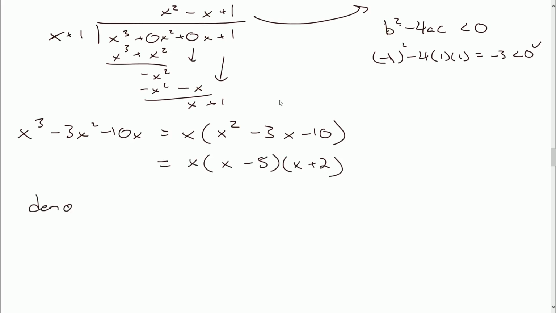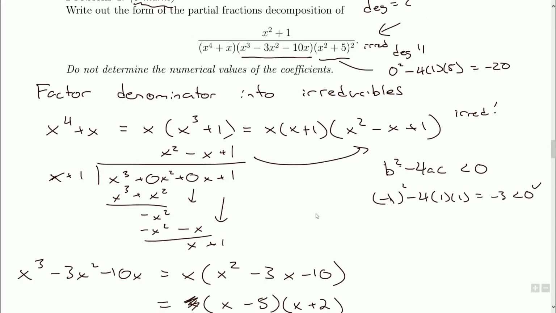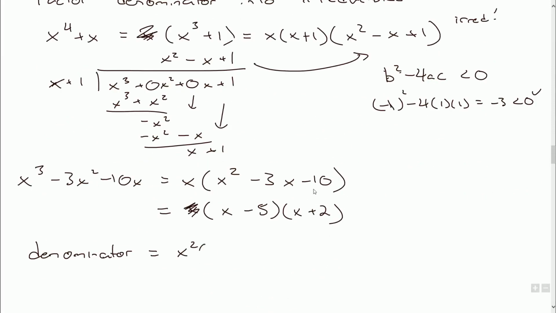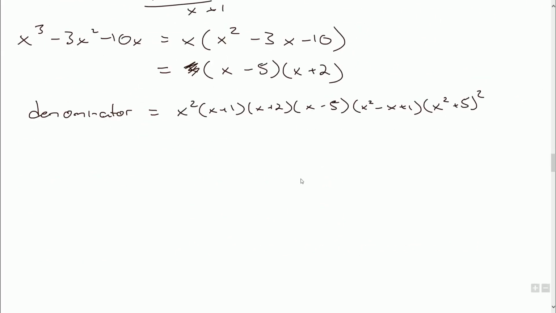So, just to recap, my denominator is, I've got 2x's making x squared. I've got 1x plus 1. Got 1x plus 2. I've got a single x minus 5. I tried and grouped my linear terms together. And then I've got a couple irreducible quadratics, one of which is squared. All right, so they're really testing us with everything here. And so the partial fractions setup